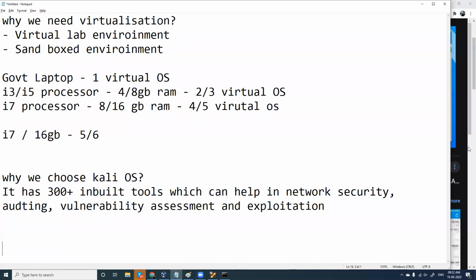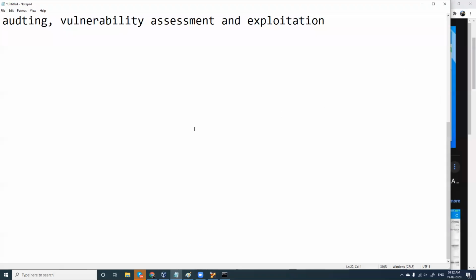Now the first tool we are going to see here is Nmap. The app we have seen is Fing. It's a very simple app, which is for both Android and iPhone. Nmap stands for Network Mapper. And I'll tell you the importance of this tool.